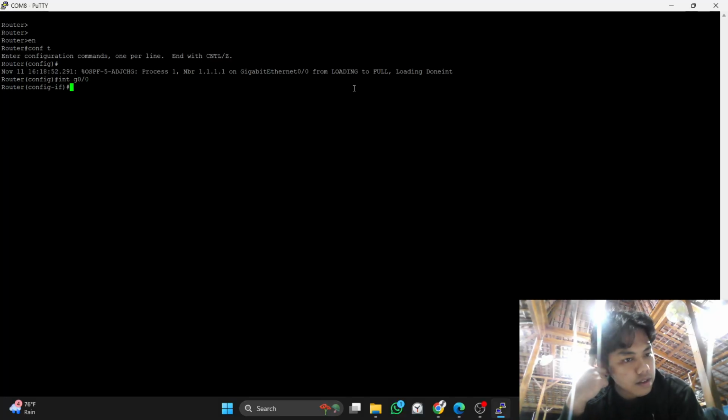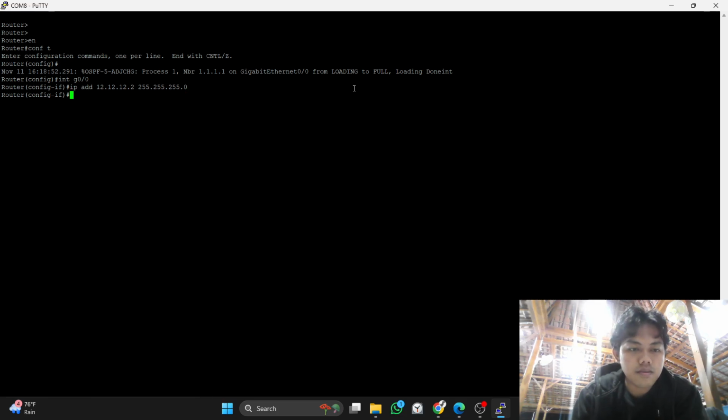This is the interface that's going to the router PE1. And the subnet is 24.